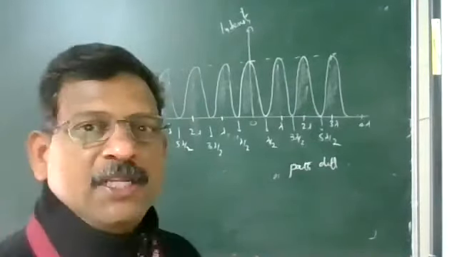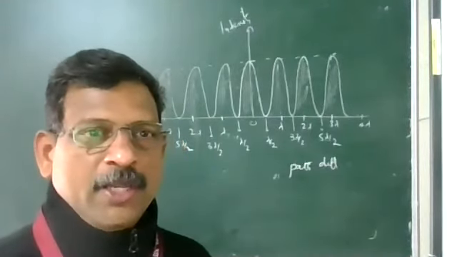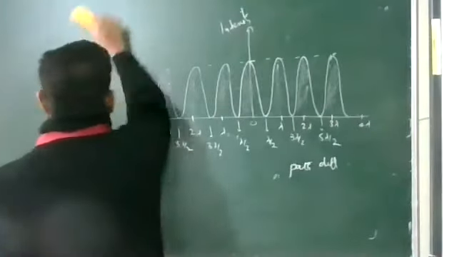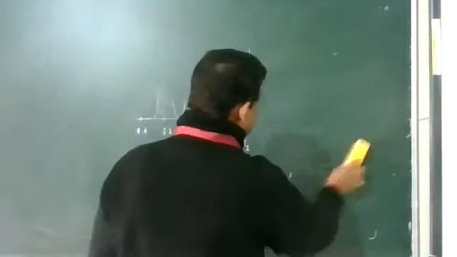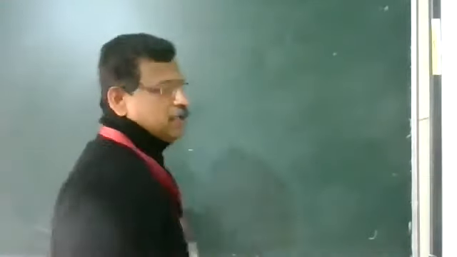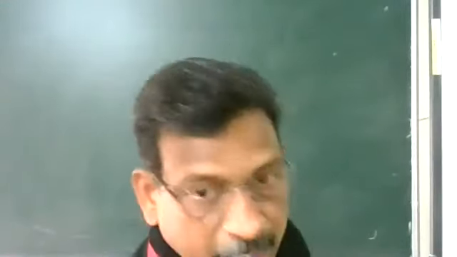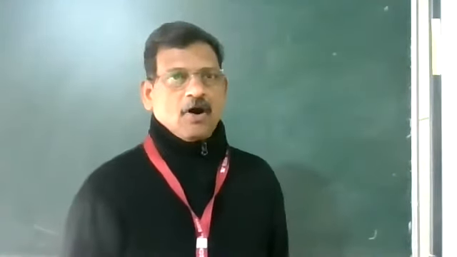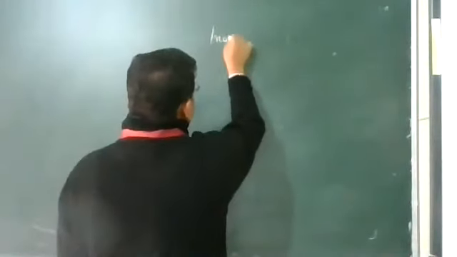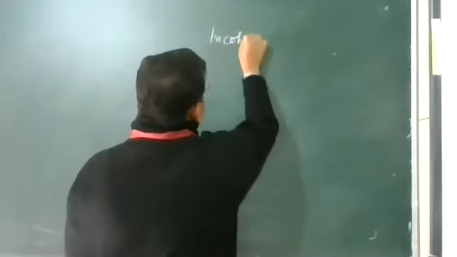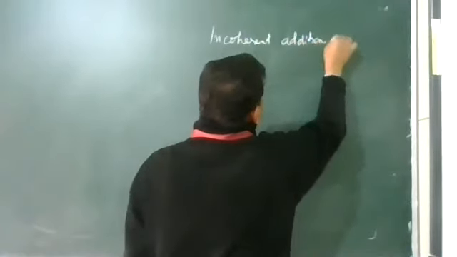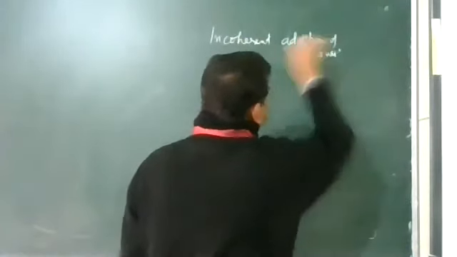If the phase difference is continuously changing, 0 degrees, 90 degrees, 30 degrees, 0 degrees, like this, then what will happen to the pattern on the screen? Will you be able to see an interference pattern, or what is going to happen on the screen? That we call incoherent addition or superposition. So the next point is incoherent addition.